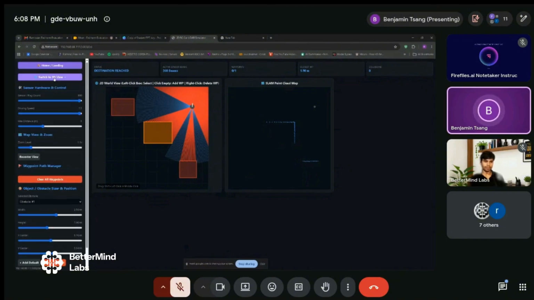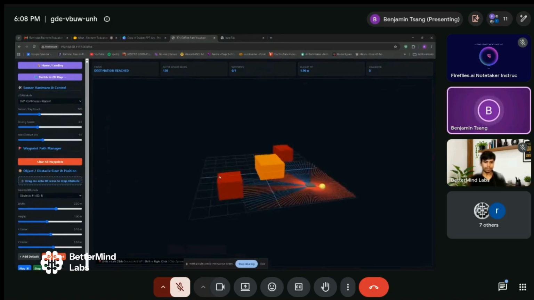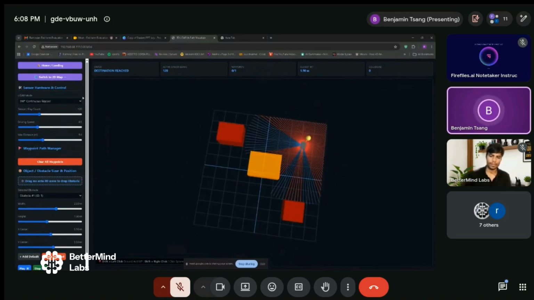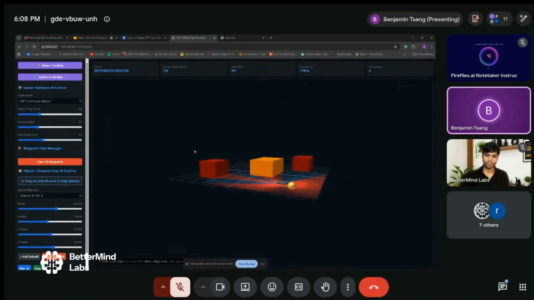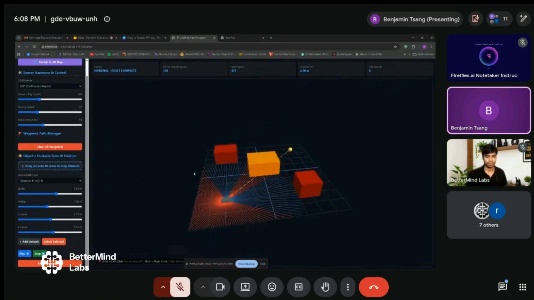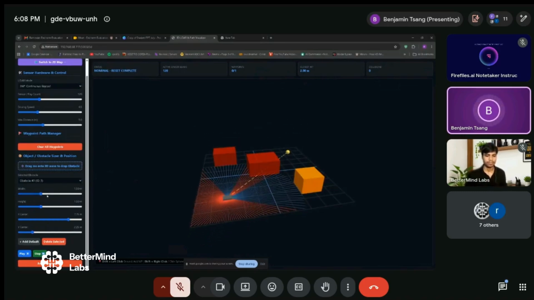Yeah, so should I show 3D? This is the 3D environment. It's the same layout as the 2D, but it's just in 3D so you could get a better angle. If I were to reset, you can also change the boxes in 3D